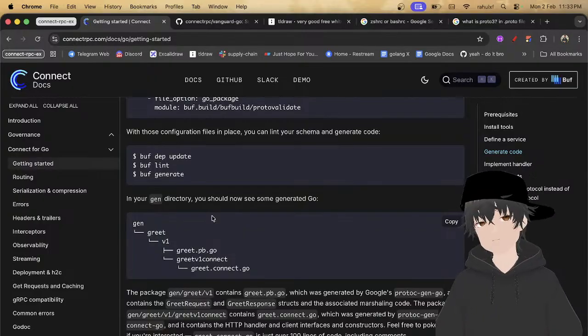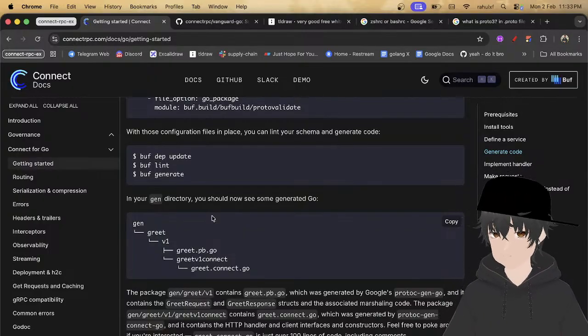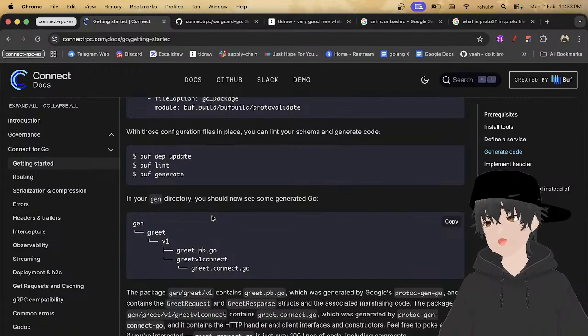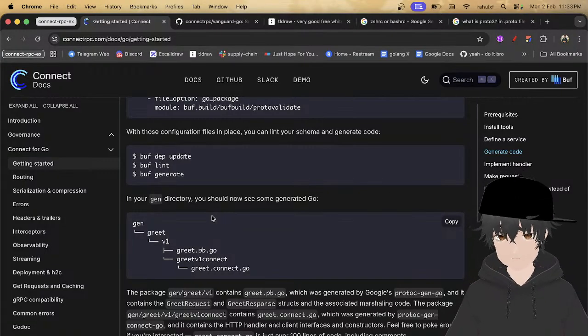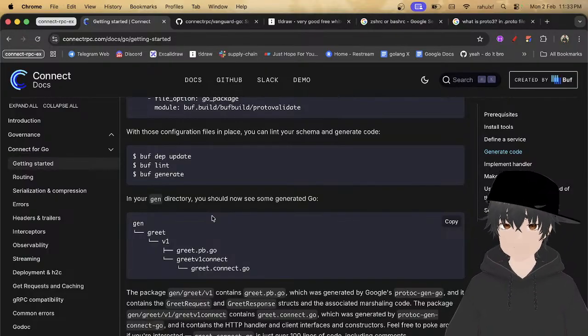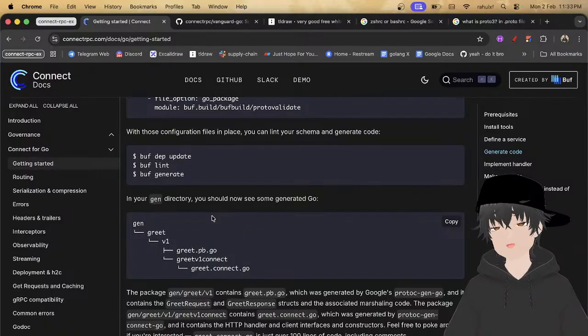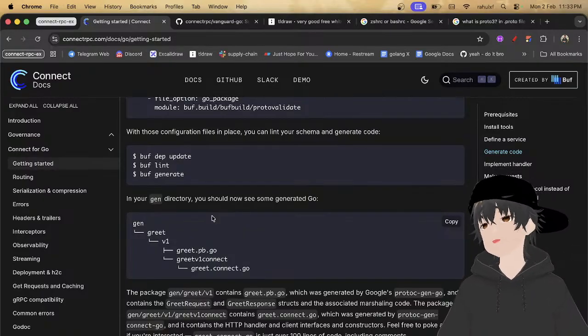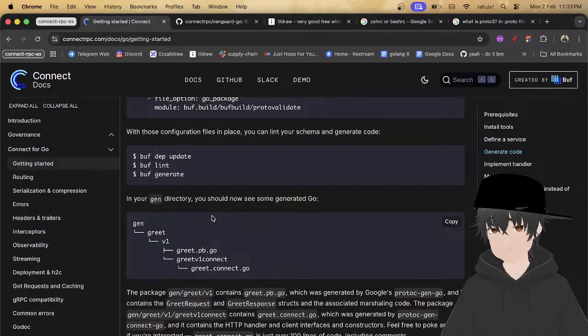Okay, so package gen/greet/v1 contains greet.pb.go, which was generated by protoc-gen-go, and it contains the greet request and greet response structs and the associated marshalling code.